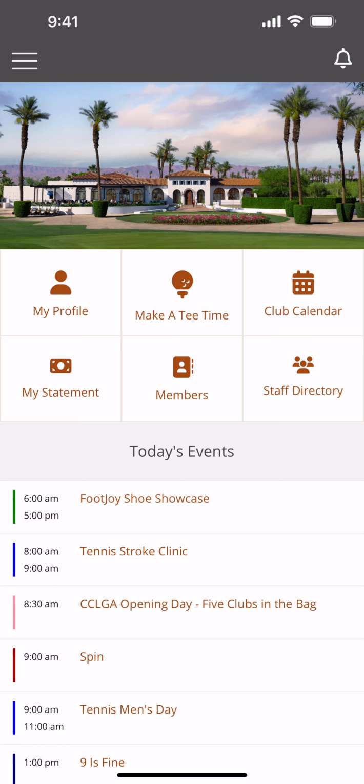I can tap on my profile and see if maybe I spelled my name wrong, or I can go and see other things about my account. I can make a tea time right there in the middle. And that's very handy if you wanted to get a couple of friends together and book something for next Wednesday at 7 a.m. We've also got in the bottom row, My Statement, the members directory, and the staff directory. Now, in the top right of all of these little squares is the club calendar, and that's what I want